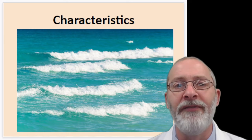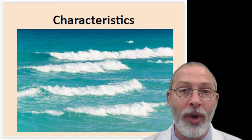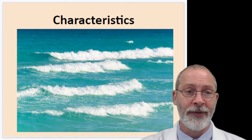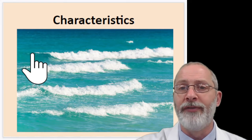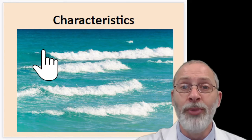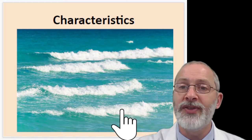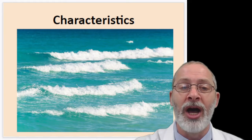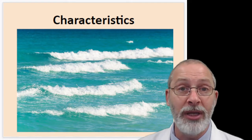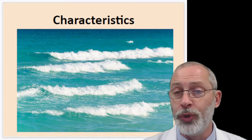We can probably visualize water waves a lot better than electromagnetic waves, so we'll talk about the similarities before we get into the differences. If you look at this beautiful picture of a seashore, you can see that there is energy moving through the water. We see that in the form of these waves crashing onto the shore. Energy is transferred, or transmitted, or moved from one place to another, from their point of origin to the shoreline